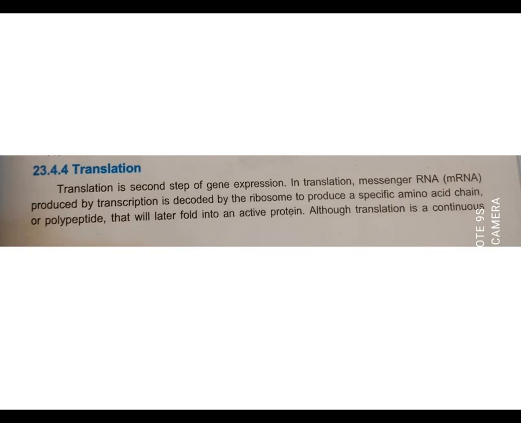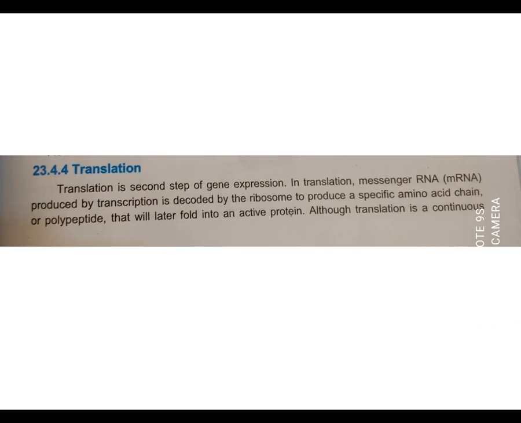Translation is the second step of gene expression, and in translation, messenger RNA produced by transcription is decoded by the ribosome to produce a specific amino acid chain or polypeptide that will later fold into an active protein. So the messenger RNA, which was formed in transcription, has now traveled to the cytoplasm, where it is decoded by the ribosome according to the instructions it carries to synthesize a specific polypeptide, which will later fold into an active